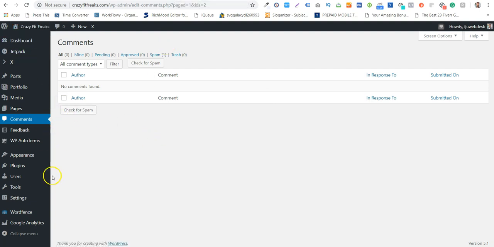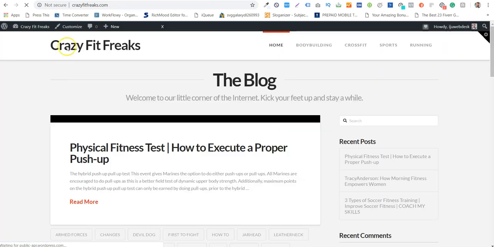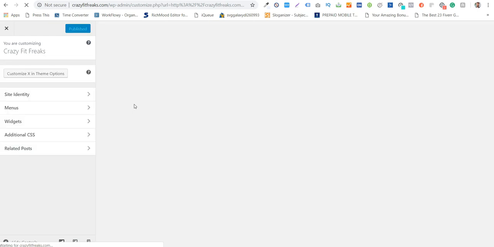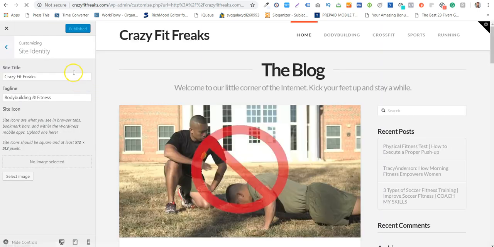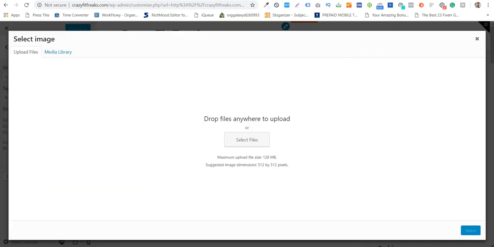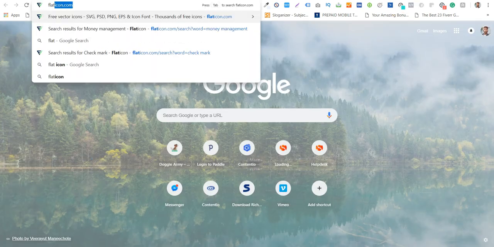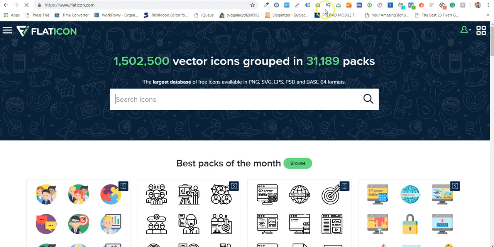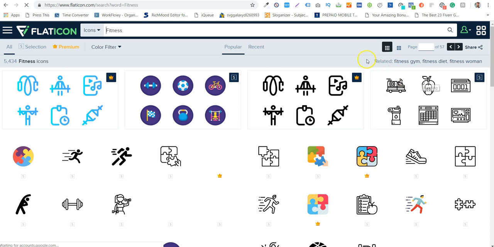So what we need to do now is go back to our site and click on the customize button right here, and let's just see what we can do with the X theme. So let's start with the basics here. We can go ahead and select a site icon, which I'm gonna open on Flaticon. This is a very good site for icons. I do have a pro account on this, so